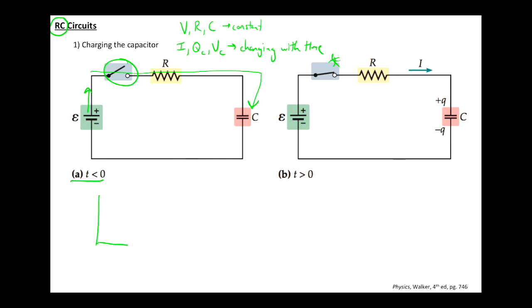We can describe this with some graphs as well as some equations. If we were to graph the charge on the capacitor, Q_C, as a function of time, it would start off like this and then approach some maximum value. And Q max is going to be equal to C times V, the capacitance times the supplied potential difference. We can write this function: Q as a function of time is equal to the maximum charge times 1 minus e to the minus t over tau,